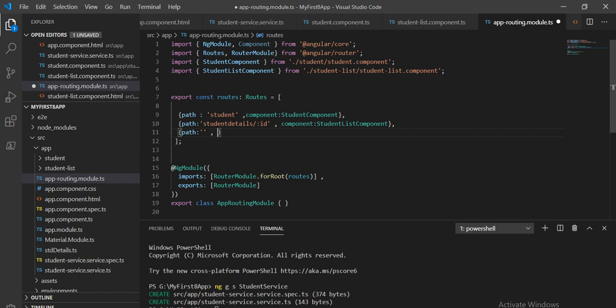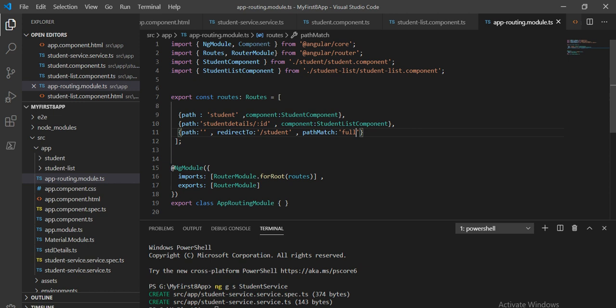If we want to land on a default path, we have to give it as empty, so it will go to the respective component. So where are we going to redirect it? We are going to redirect it to the student, and path match should be full.